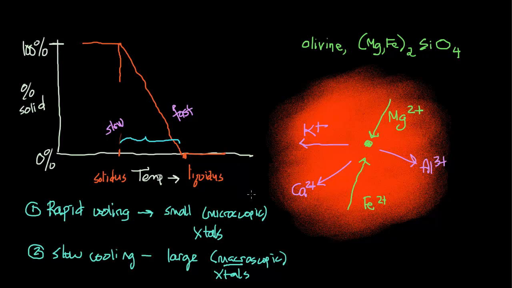So the general rule of thumb is that for lavas, things which cool rapidly on the surface of the earth, rapid cooling leads to microscopic crystals. And for plutonic rocks, rocks which crystallize deep underground, slow cooling leads to large crystals, crystals that can be seen with the naked eye. Now there are 2 other comments I need to make about this, and they pertain to